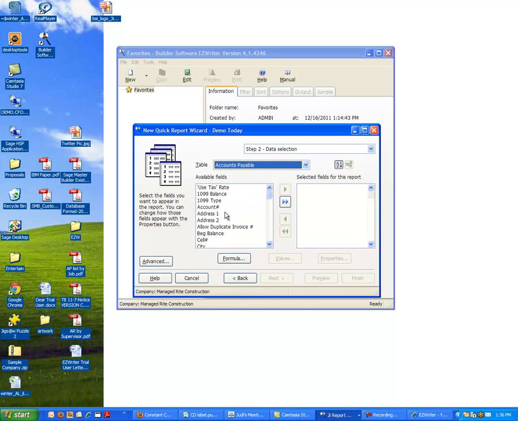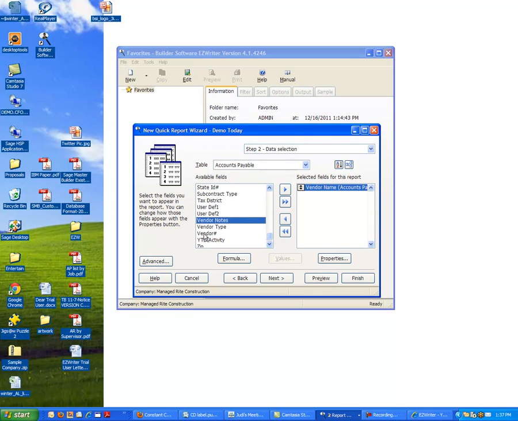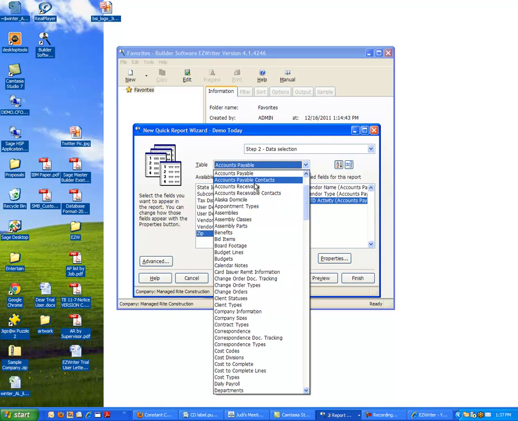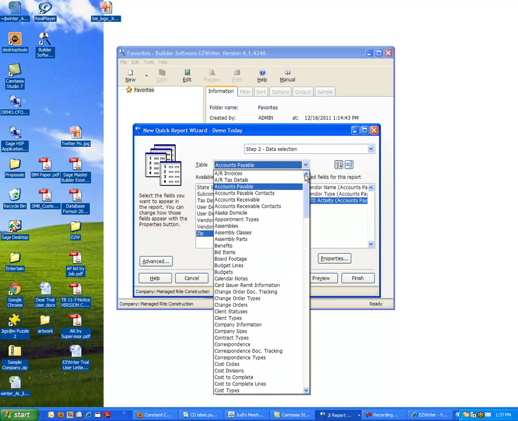accounts payable, all of this stuff used to be kind of funky names. Everything was six numbers or letters rather. So now if you want the address number 1, address number 2, you want the contact, or you want the cost code, these are all here. All in English. I want the vendor name. I want to know what type he is. I want to know what his year-to-date activity is. I just selected those. Now, if I want to go back into more accounts payable invoices,